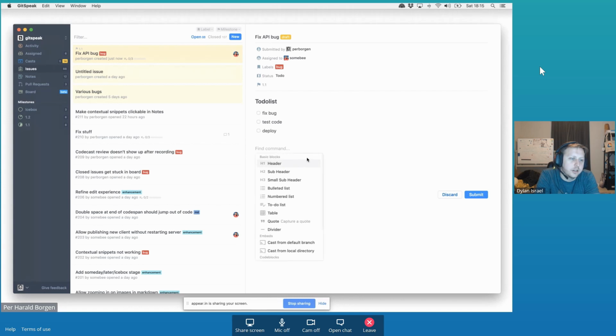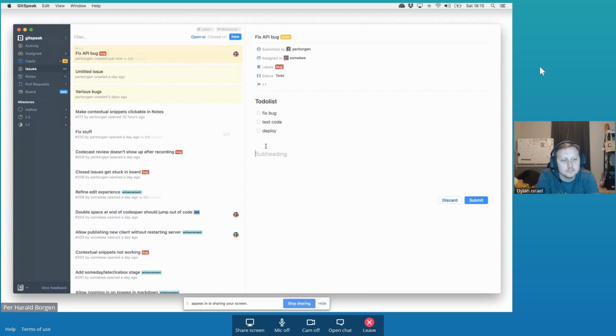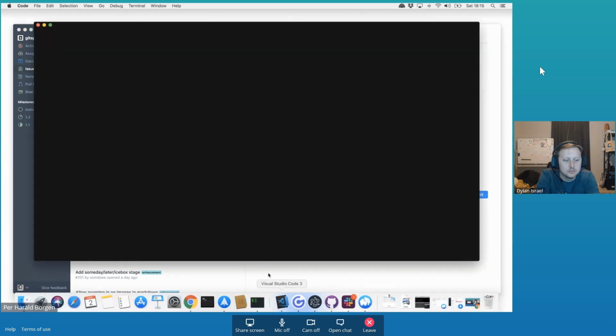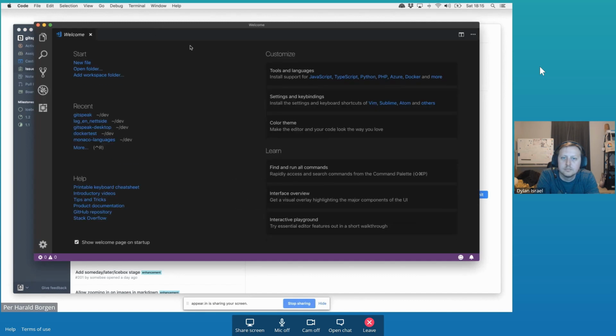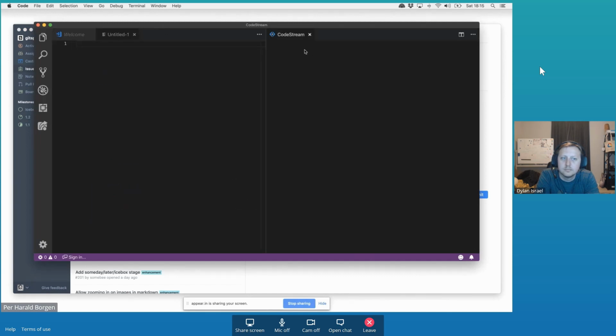Now, could you do Markdown or direct HTML in here? Yes. Okay. So if I do like that, it turns into a subheading, and if I do the open close square brackets, it turns into a to-do. And actually, if I copy this here and paste it into, for example, VS Code, you'll see that it gets pasted as Markdown. Cool.